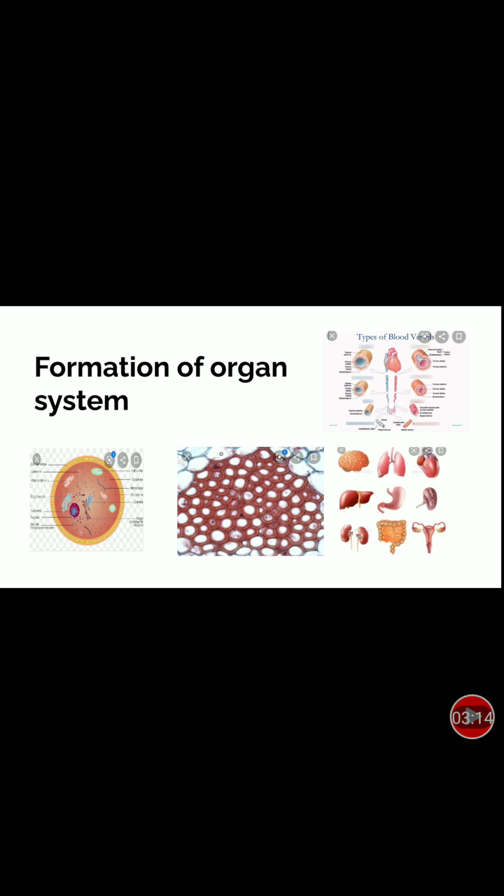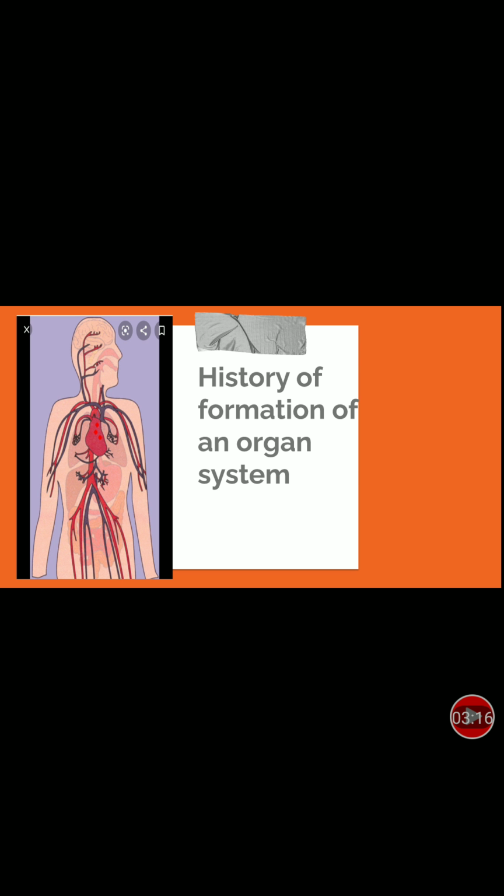Blood is composed of a fluid called plasma, PLASMA. Please remember this throughout your life, in which different types of cells are suspended. They are also moving. They will live for some time and they will die. Now, there are three types which you are going to study in this class. The first one is RBCs.